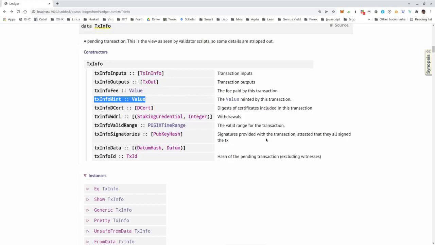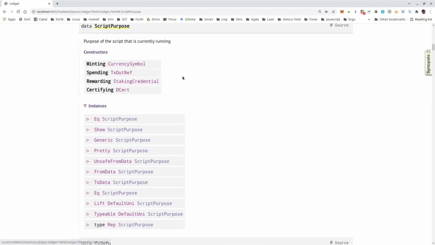So the context will get as txInfo the transaction that's being validated, and as script purpose it will get Minting with the currency symbol that is currently checked. So whose minting or burning is currently checked. So to be precise, we look at all currency symbols that appear with a non-empty map in the txInfoMint field. So all currency symbols where there is a token name, so that's the corresponding amount to that currency symbol, and the token name is not zero. And for each of those currency symbols, we run the corresponding policy every time with a different script purpose,